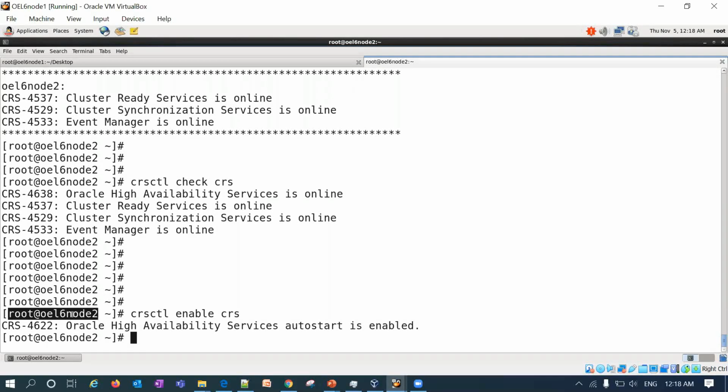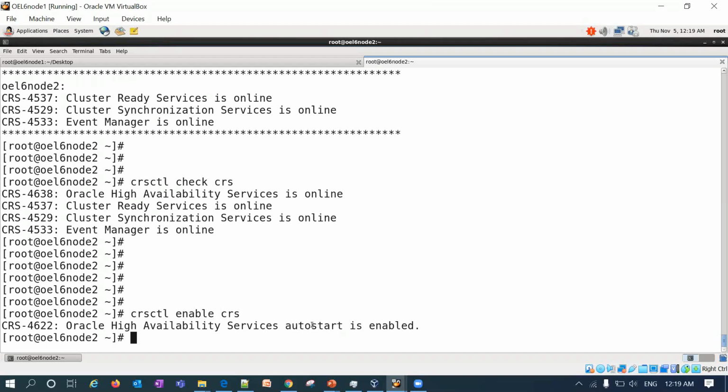If I want to bring down this node, I have to stop my CRS. Once I stop my CRS, and bring down this node and do some maintenance activity or OS patching and all, the moment I bring it up, if you have enabled this auto start, automatically the moment you bring up your server, your HAS and all the cluster resources belonging to this node will be online. If you have not enabled this one, you have to manually start your clusterware resources, right? The auto start is very important.